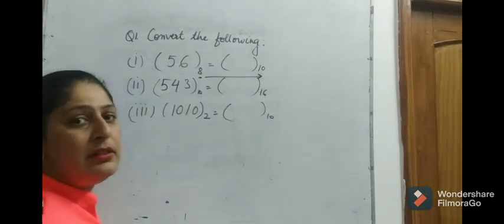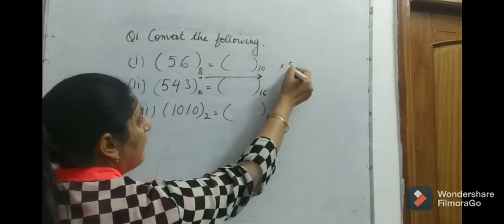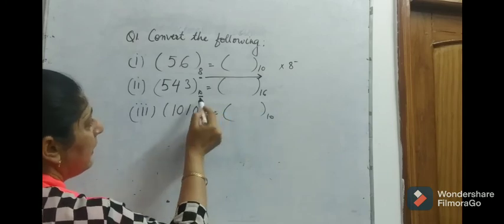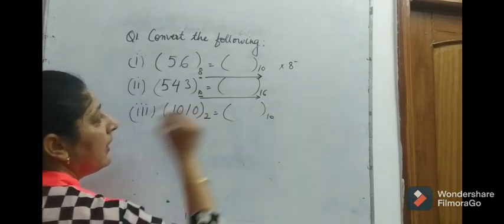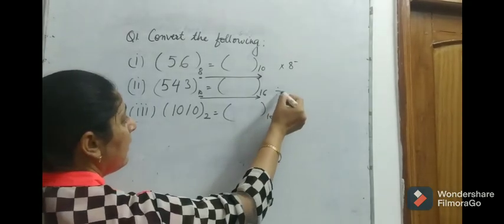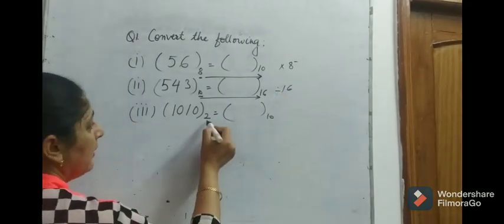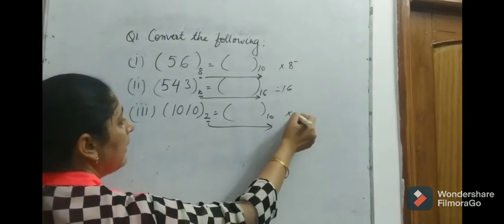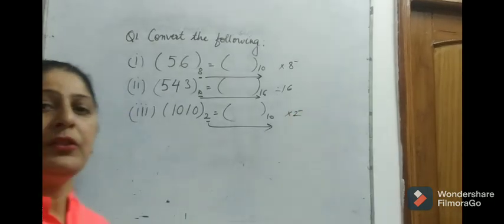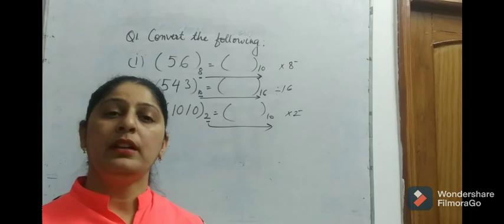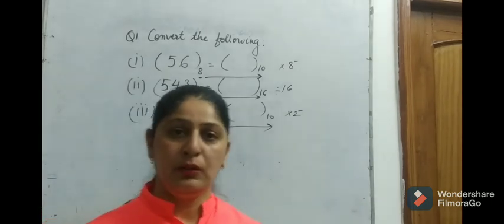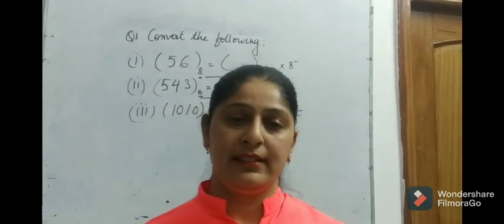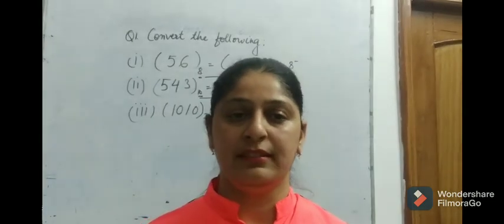So what do we do to convert octal into decimal? We multiply with 8 to the powers. Similarly, when we see this question, here a decimal number is to be converted into a hexadecimal number. So what do we do? We divide it by 16. Here, binary number to decimal number. So what do we do? We multiply it with 2 to the powers. So this way we have to interpret the questions and see what conversions are to be done. I hope you have understood this topic and I have made it clear to all of you. In case you still have any problem, please write to me freely. Thank you so much.